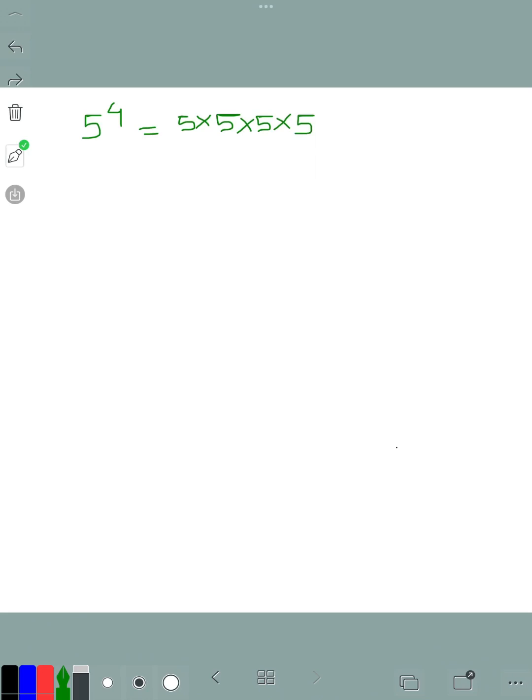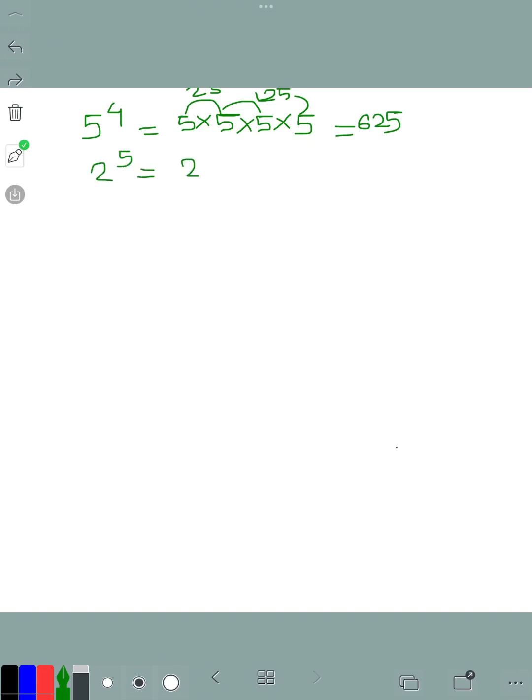That means 5 into 5 into 5 into 5. So what we get, 5 5s are 25, 25 5s are 125, and 125 5s are 625, right? So just concentrate on the powers. How many numbers are given in the powers, that many times we have to multiply the base value. Got it? Now moving further,